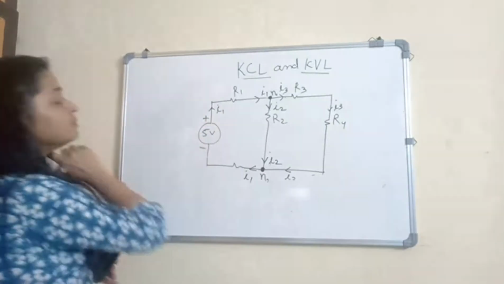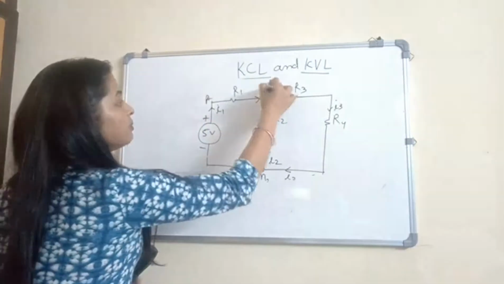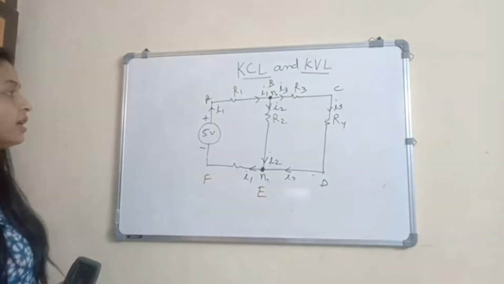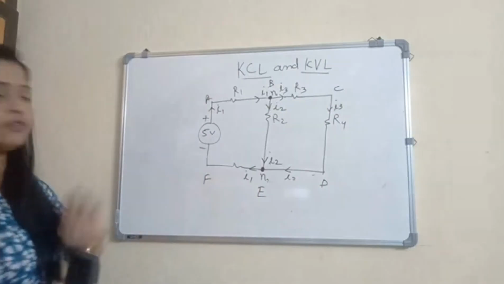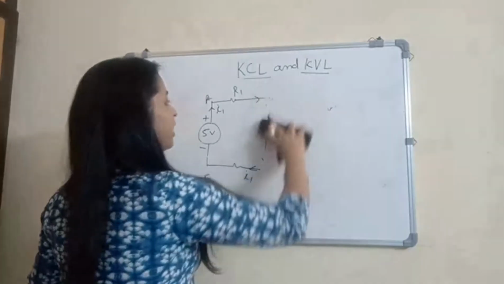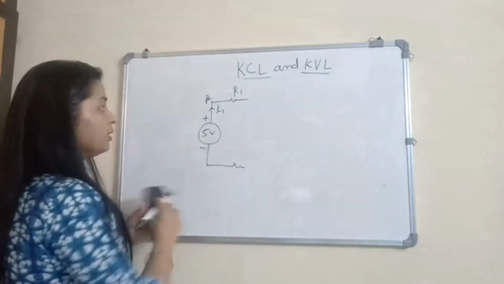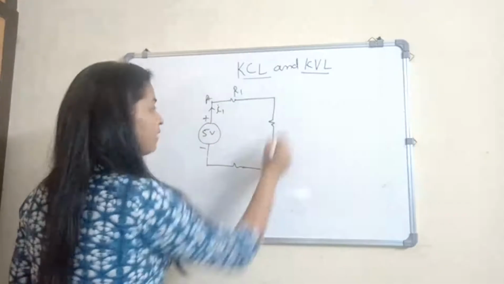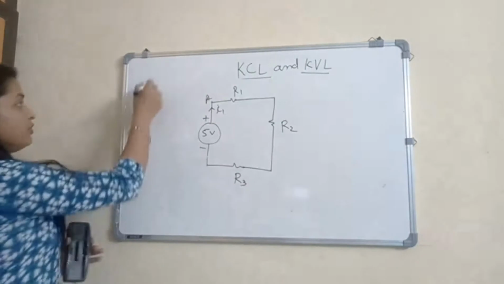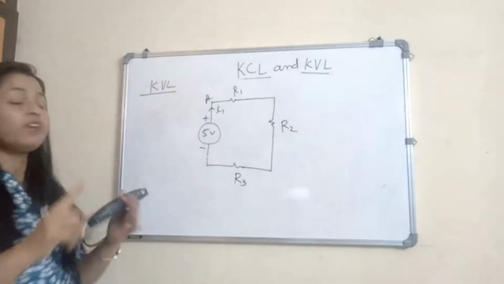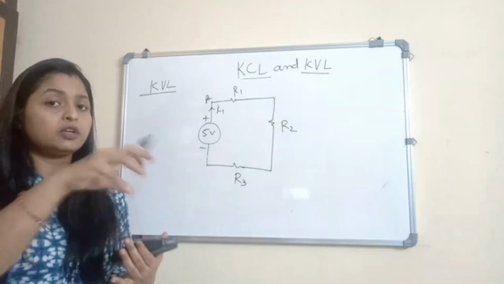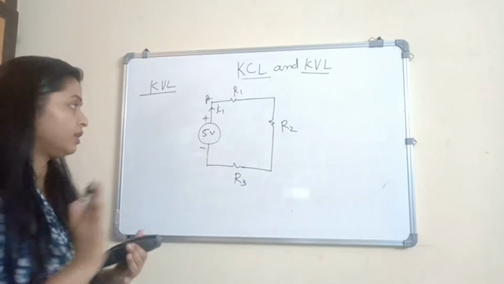So if we start with this circuit, A, B, C, D, E, F. I have mentioned the circuit A, B, C, D, E, F. Just for the sake of simplicity, I should consider the simple circuit, because right now we have to understand the basic principles. So if I start with this simple circuit, applying Kirchhoff's voltage law, we are able to recognize the battery's direction, whether the battery is positive or negative, and the drop's direction, whether the drop of any passive component is positive or negative.